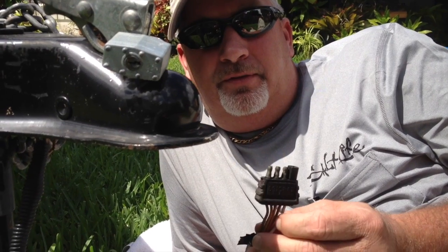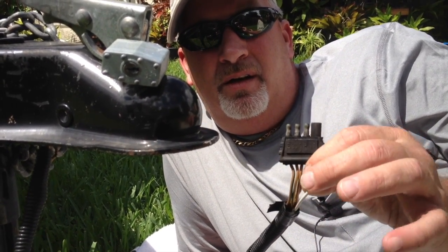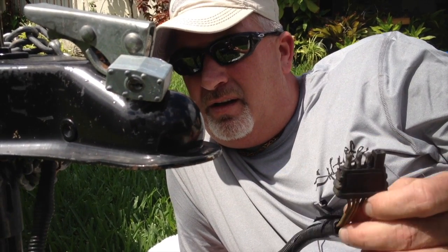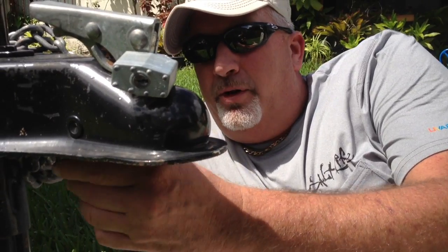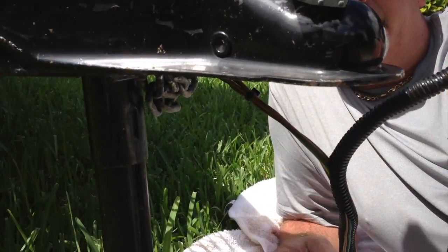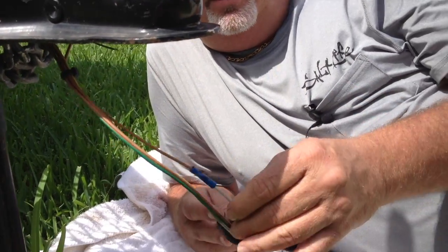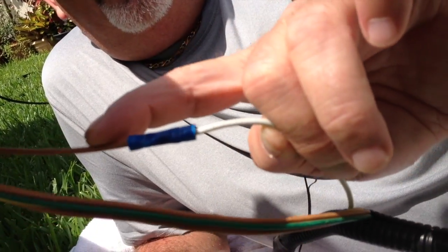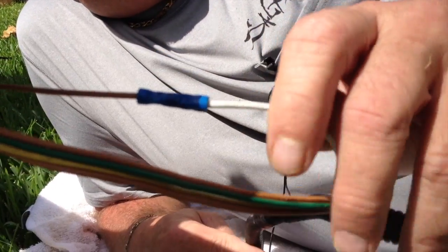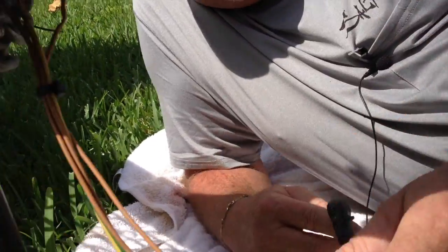So looking at this, we don't have the car hooked up, but the white wire is always the ground, which was confusing everybody, and I was even reading their comments, it's the brown wire that's broke. So I start pulling back the covering. It does look like the brown wire is broke, but as I pull back the covering, you can see where the white wire, which is ground, is spliced into the brown here. Oh, I didn't see that. So it's actually the white ground wire that's broke. And if we could look up in here,